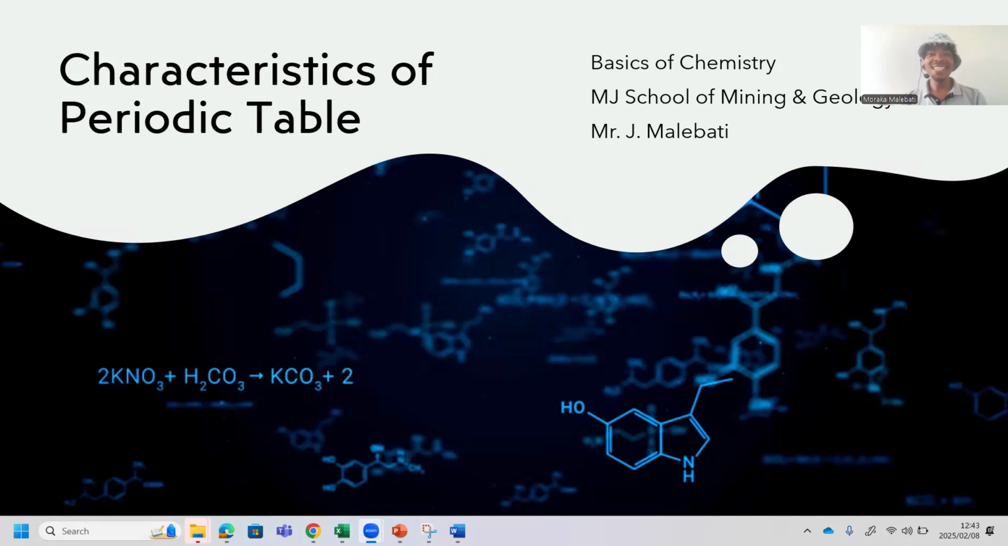In today's session, we are dealing with the characteristics of the periodic table. As a geochemist or as a chemist, to be able to understand chemical reactions, you need to understand the periodic table. Basically, the periodic table is a systematic arrangement of elements based on their atomic number. And atomic number represents the number of protons within the nucleus of an